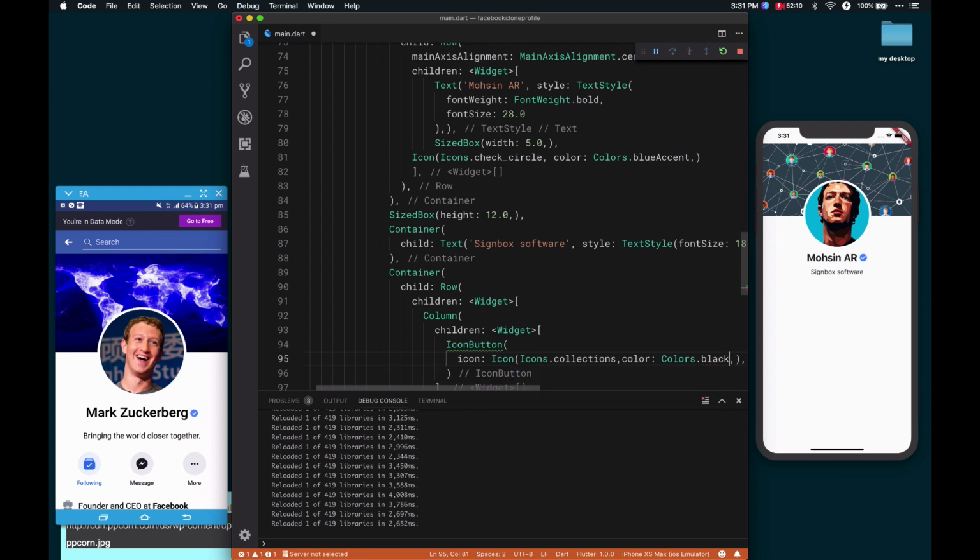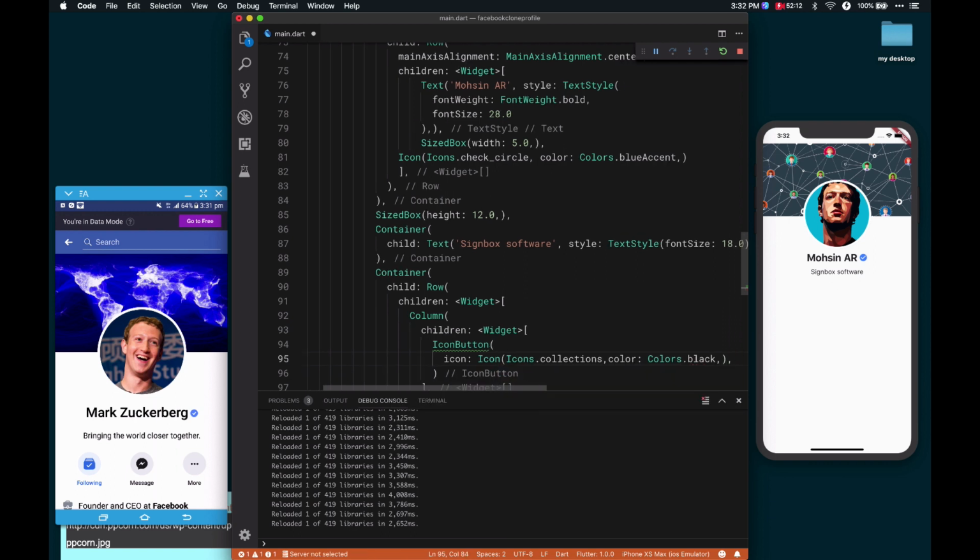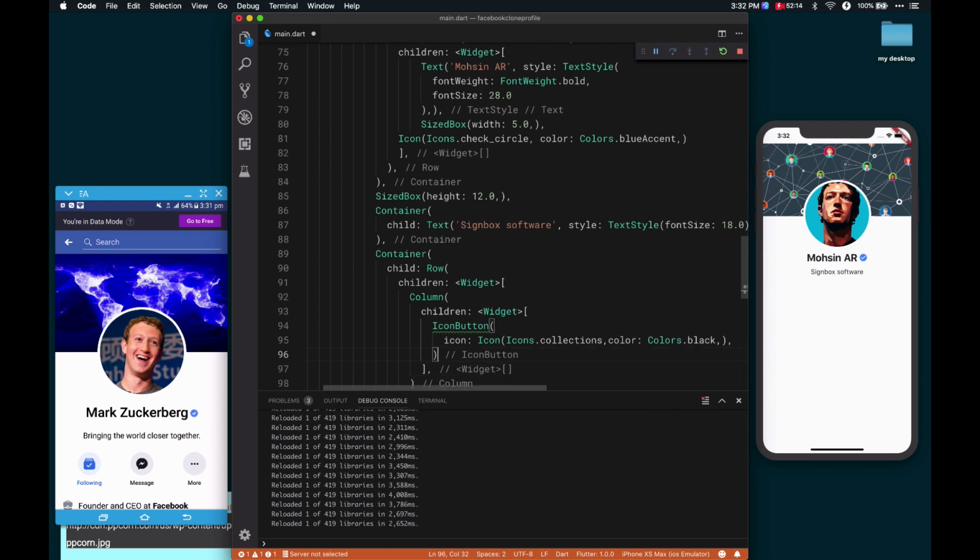Okay, now the color is black. So this is our icon button, not icon button, sorry, but the text, and the text for this is equal to "following". Okay,